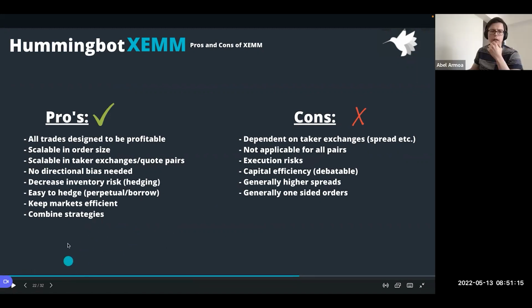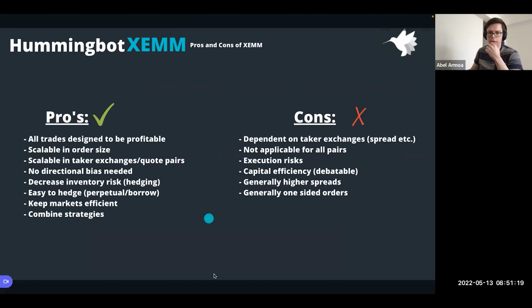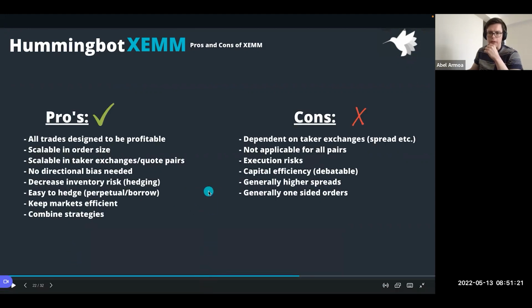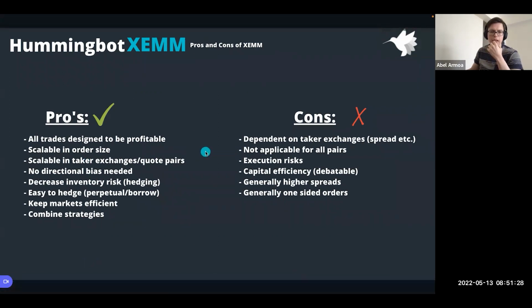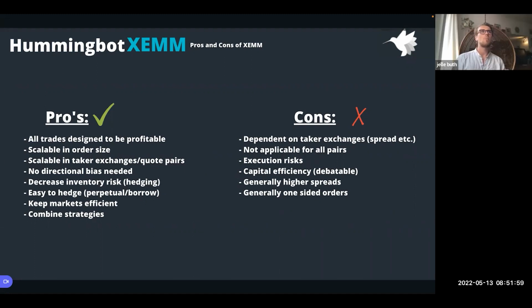I don't know if I am speaking on top of another person here, but using cross-exchange market making, have you seen any problem or lost any benefit since you are using maker orders in only one of the markets? If you were using maker orders in both of them, you could maybe be participating in two campaigns at the same time, right? Yes and no, because you're placing maker orders on the maker exchange, but the taker order on your taker exchange